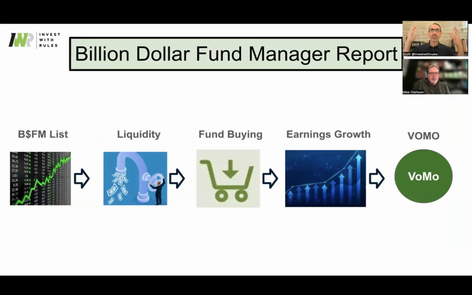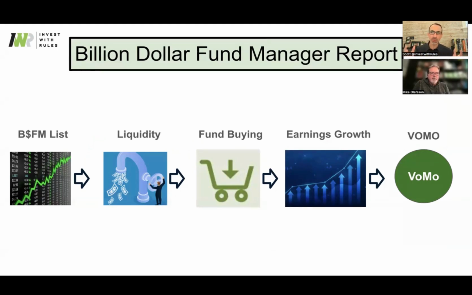The first thing is we have this. I'm a pretty linear human when I learn. So we have this huge list of what the funds are buying. Whether they're buying, selling, or holding, this is the pre-existing list of stocks. And this is what the billion-dollar fund managers are after. That's phase one.